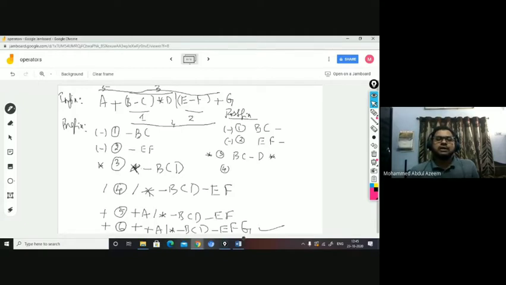Step 4, what are you carrying out? The division operation. The division operation is carried out on the left operand. What will be the left operand here for step 4? Of course, step 3, so B C minus D into. Then the right operand is step 2, that is E F minus, and then you write the operator. This is how you continue to perform the postfix equivalent, and you will get the answer.